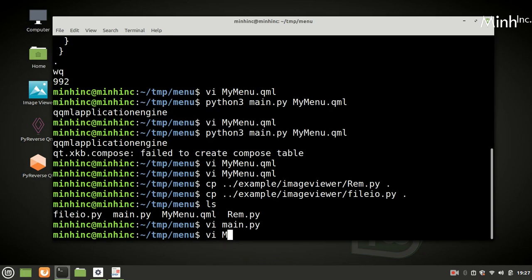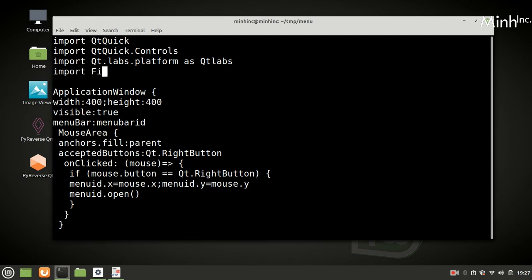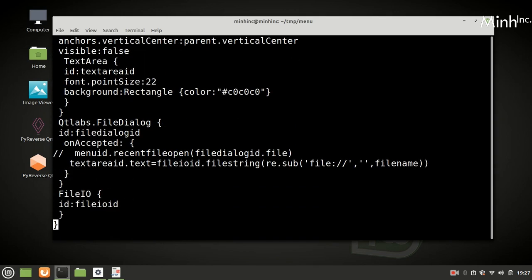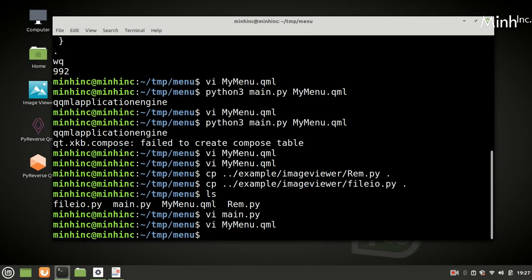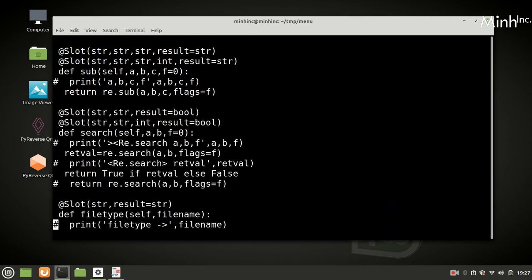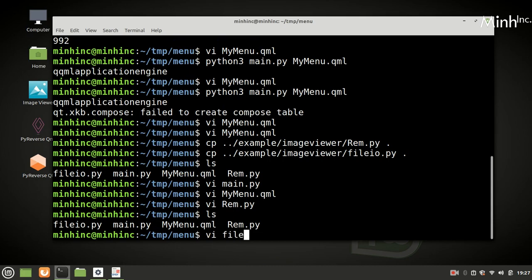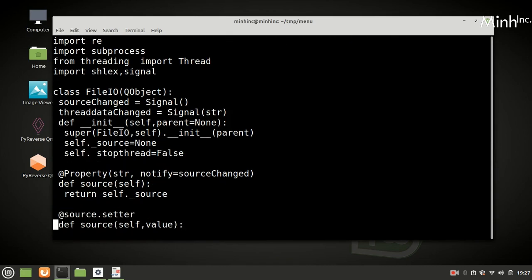So if I say my menu, here I need to import file IO. Now file IO is available here, file IO ID, and here RE is available as regular expression. So these are the two files. REM is for regular expression. These presentations are available, and file IO for file IO import.